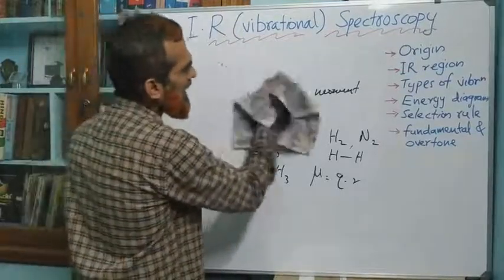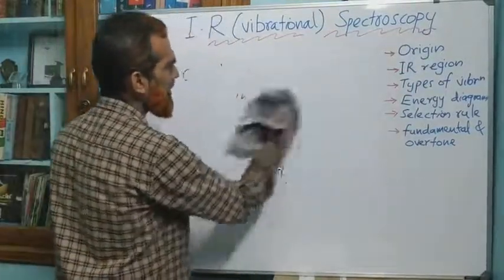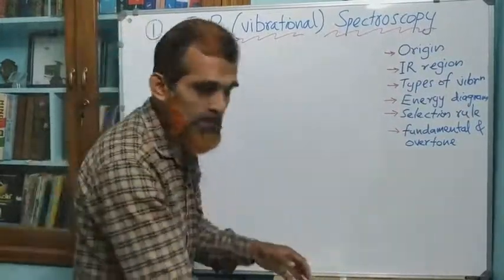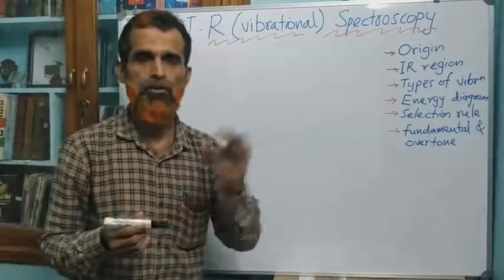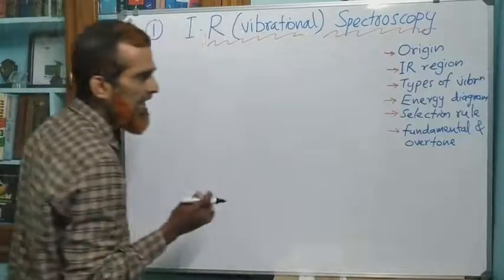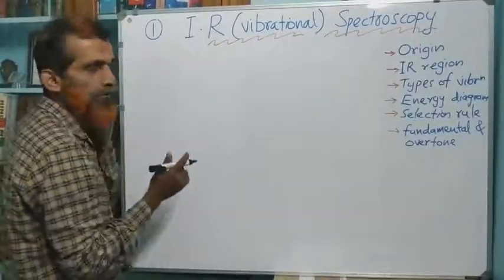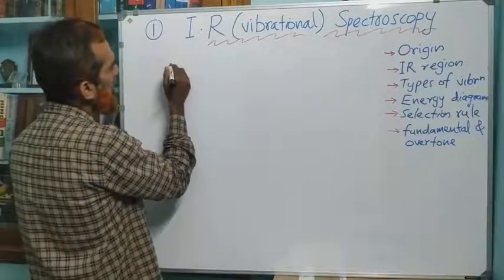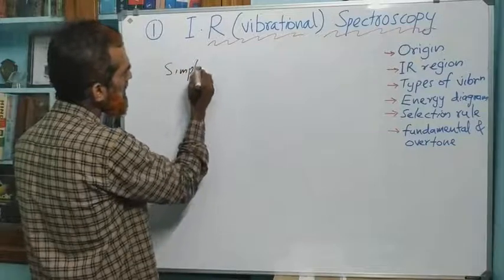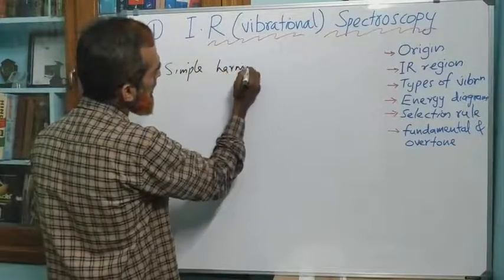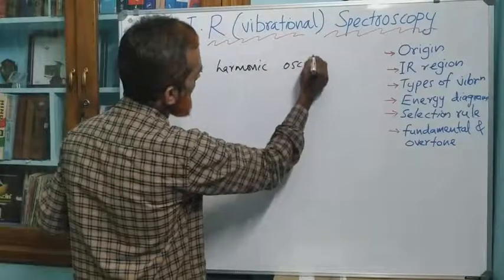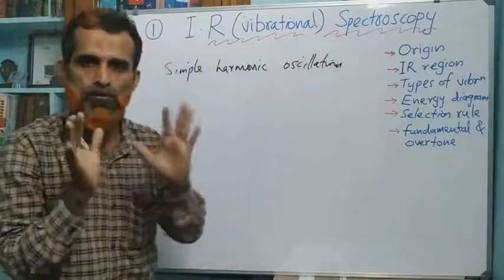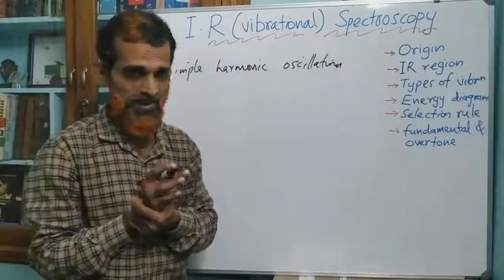Okay. The next important aspect of any spectroscopy is the selection rule. That means which transitions are allowed according to quantum mechanics. For that, we consider the energy diagrams. There are two types of vibrations possible for a molecule. One is called simple harmonic oscillation. That is, if a vibration is obeying Hooke's law, it is said to be simple harmonic. In that case,